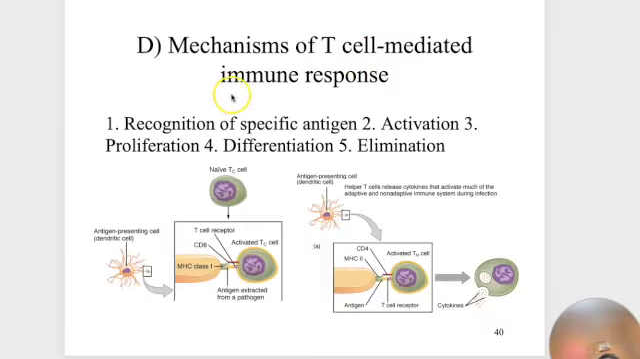Mechanism of a T cell mediated response. Recognize a specific antigen. It will activate, proliferate, and then differentiate, and then eliminate. So this is how it works. Okay, so again, major histocompatibility complex 1 presents to the T cells, and they will multiply and go forth. This is MHC2. Okay, MHC2